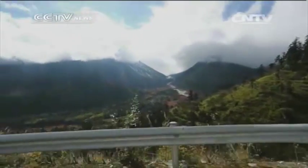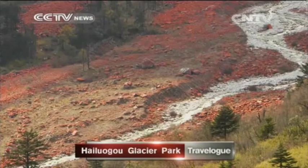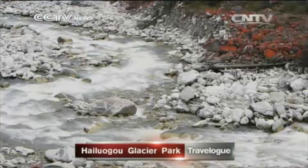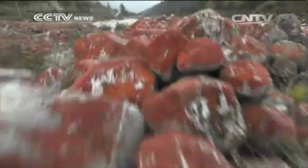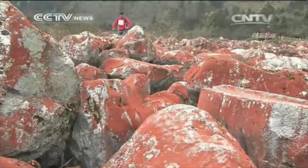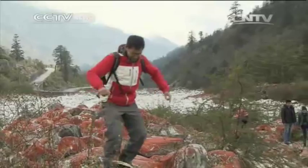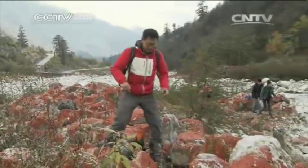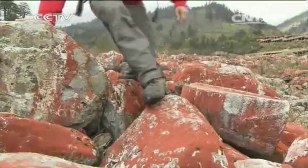If the lake hasn't kindled any romance in you, head down to Hongshitan, which loosely translates to Red Rock Bay. In fact, we passed by it when we drove up to the lake. I know what you're thinking. What is all this red stuff? You know, actually, this is one of the other reasons that people come here to Yadiago. This red stuff,